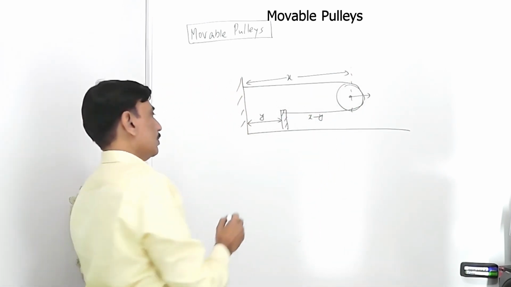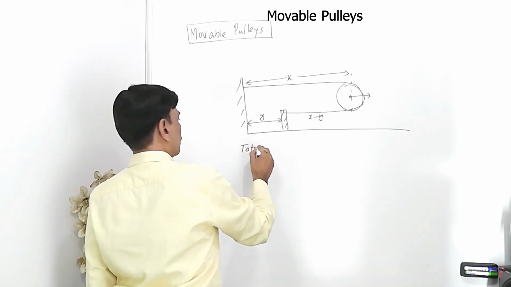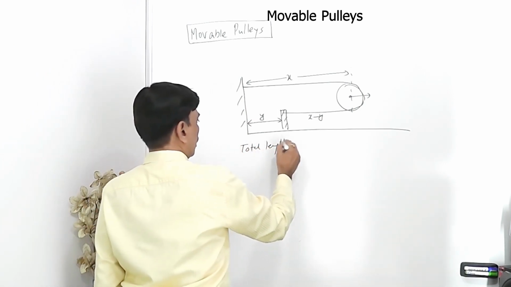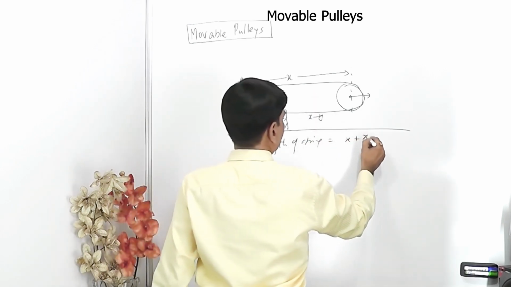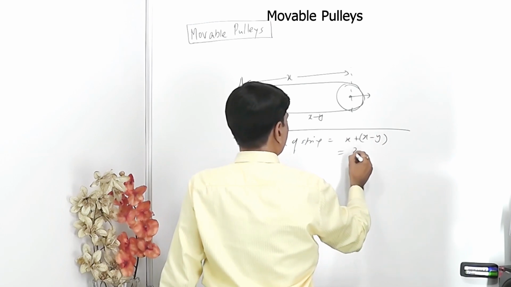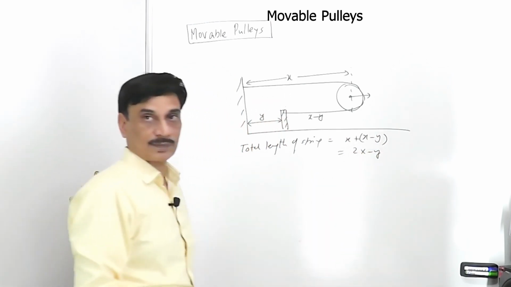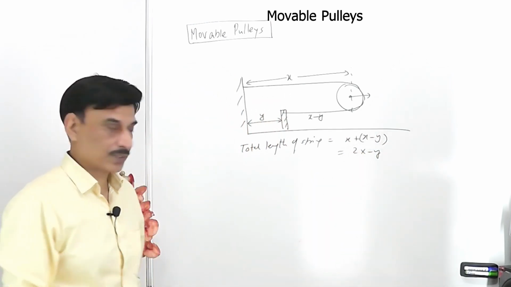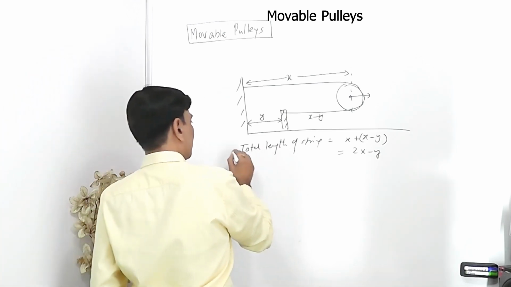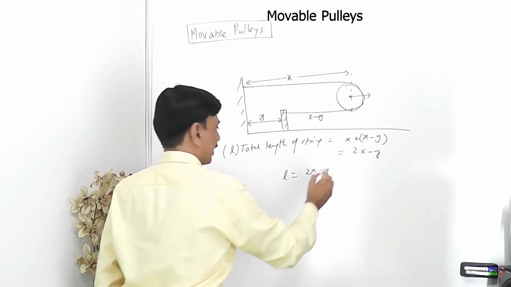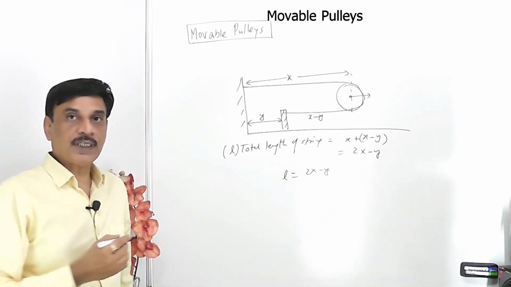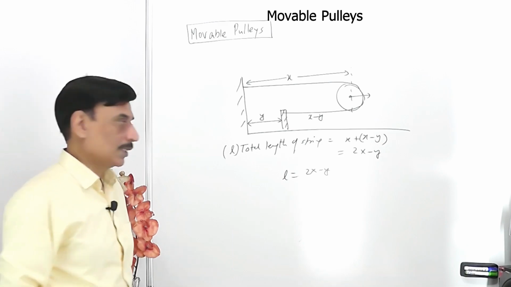So it means the total length of the string is x plus x minus y, which is equal to 2x minus y. So the total length is fixed. If we say the total length is L, then L is equal to 2x minus y. If we differentiate it with respect to time, then